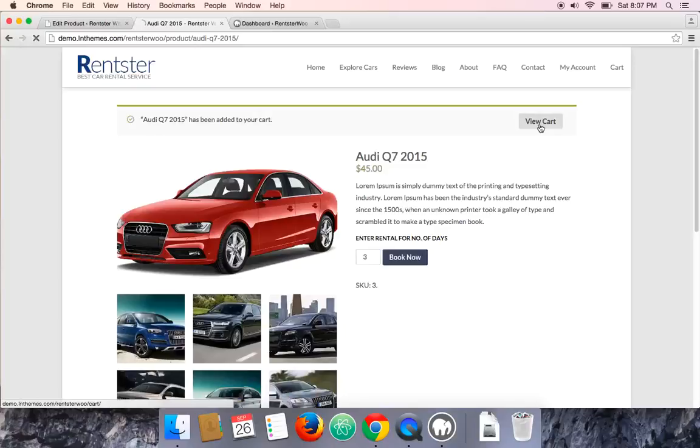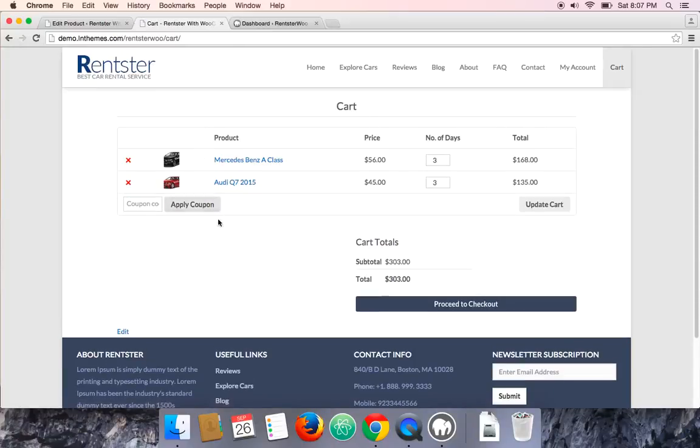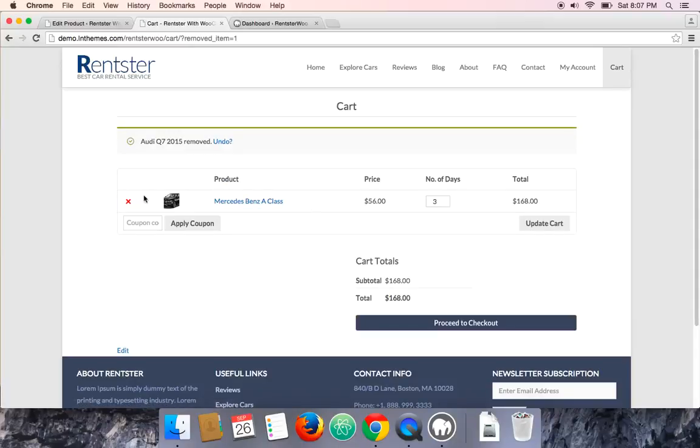So you'll click on view cart, and then you will end up on this cart page over here. As you can see, this product was already added because I was recording some other video. That is why it is added here. So I'll just quickly remove that. We now have just one product over here, which is $56 a day, and the number of days is 3, as you can see, and then it equals $168. So the total amount will be $168 for 3 days of rental,